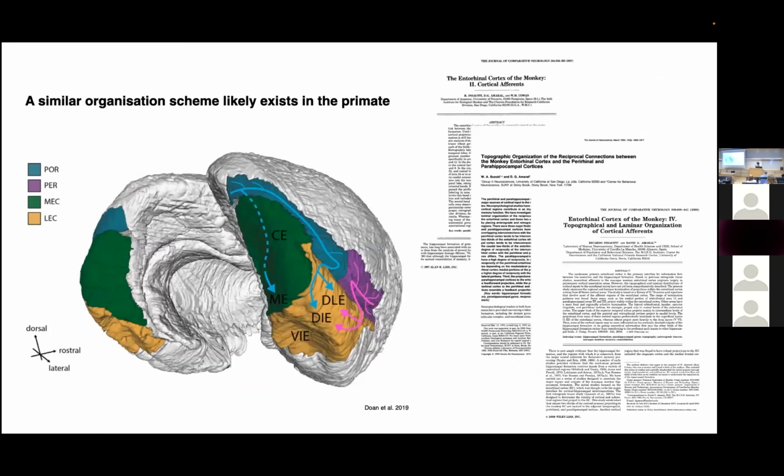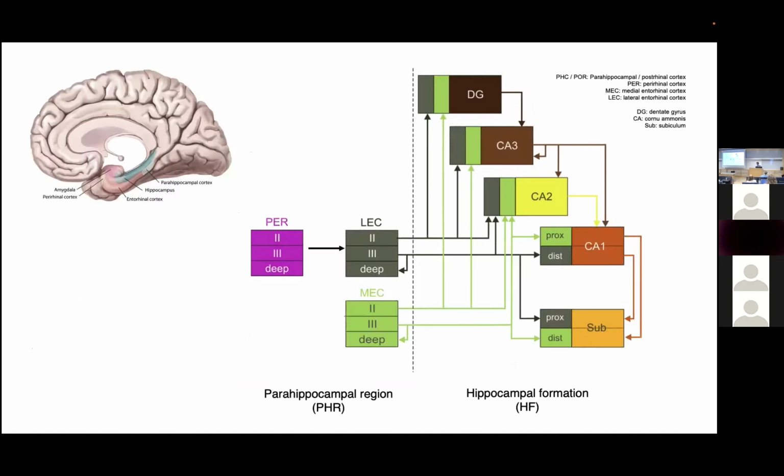And what was even more interesting is that looking back at all the data in the rodent, but also looking at flat maps in primates a little bit more carefully, the organization seemed very similar. So it seems actually that in LEC, you have a convergence of inputs. And this parahippocampal cortex, postrhinal in rodents, actually projects preferentially to the lateral entorhinal cortex, not to the medial entorhinal cortex. So the question is, what actually does project into the medial entorhinal cortex?